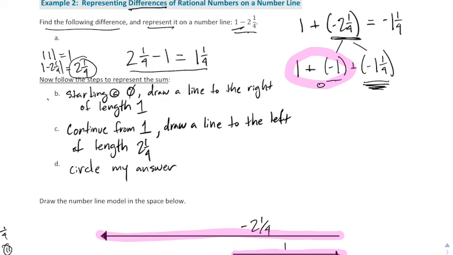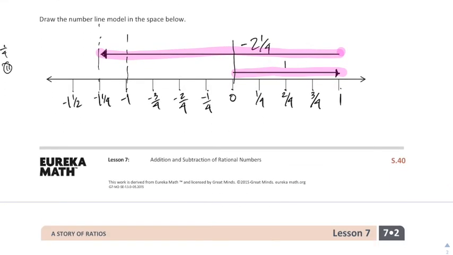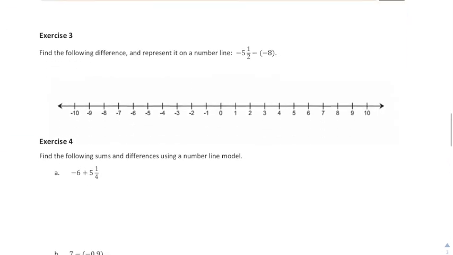I'm still looking forward because it's a positive number, and I'm walking backwards. 1 step to here, 2 steps to here, and then 1/4 step. Okay. Exercise 3,